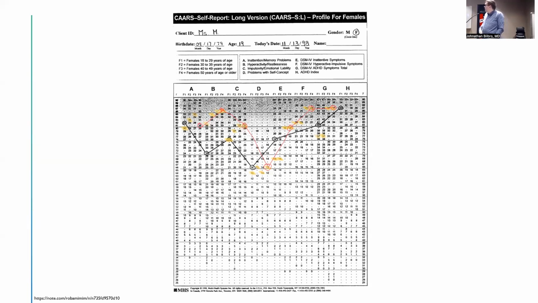And you compare the patient to age matched norms. It might be a little bit hard to see, but there's an F1, F2, F3, F4, and so on. Those are different age ranges, right? So you want to make sure you're comparing the patient against their appropriate age range. And what you get is this nice visual representation. Anything above a T-score of 65 is considered abnormal compared to age matched norms. It's a good visual representation of someone's symptoms, and you can get a quick look at the severity. And then you can also plot the self-report against the observer to see if they align.